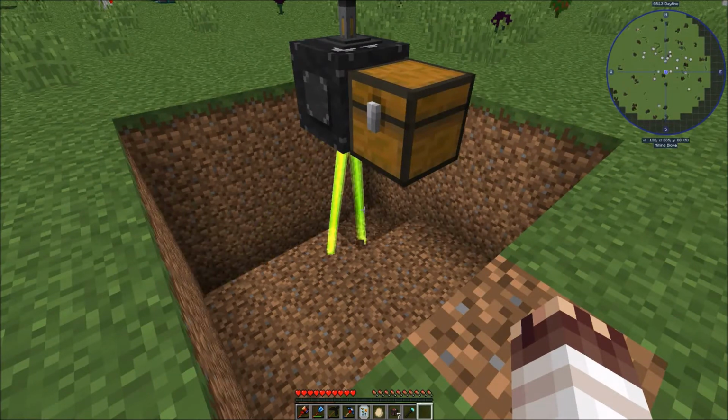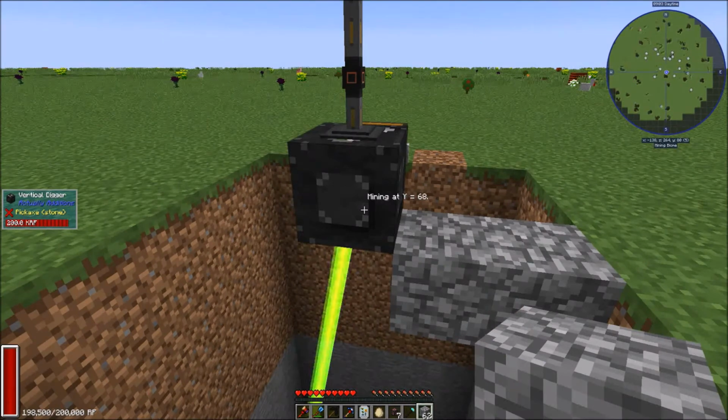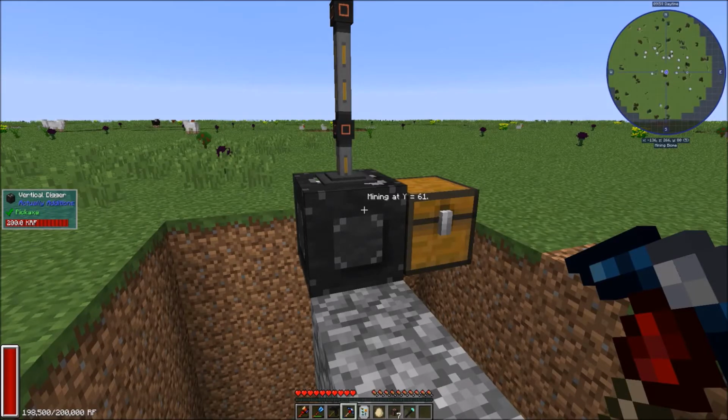Okay, that's a bigger radius than I expected. Well, it's not mining this cobblestone, so we should be okay. Eventually, it'll get down to bedrock. Turns out there's an auto output. While we wait for this, I'm gonna go make...